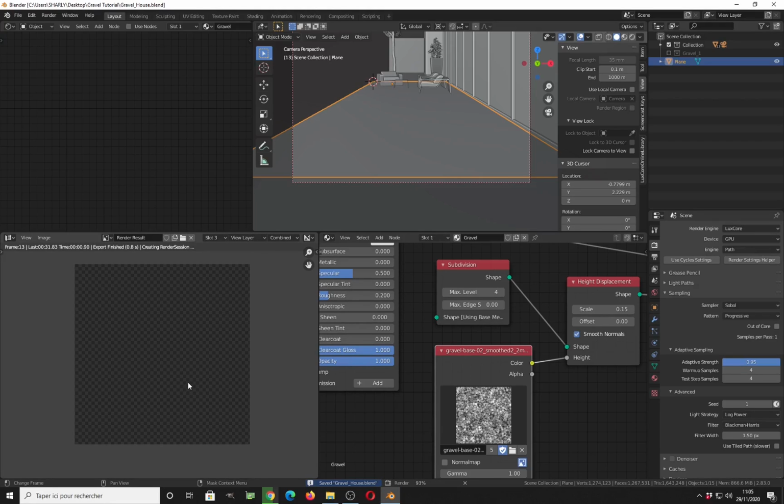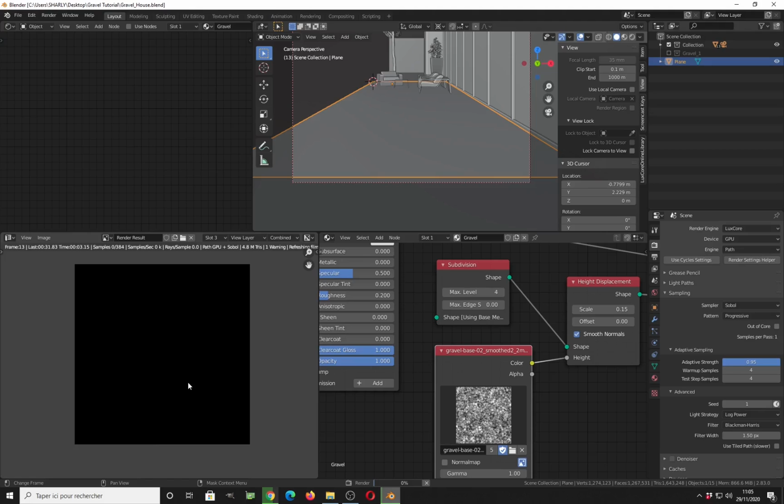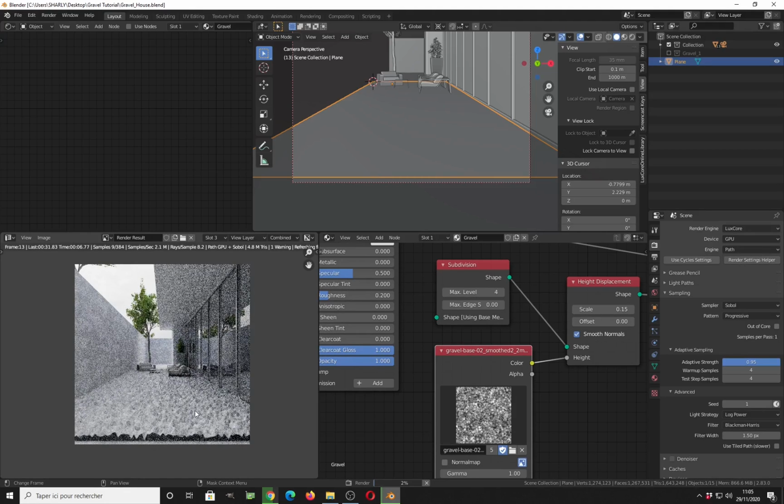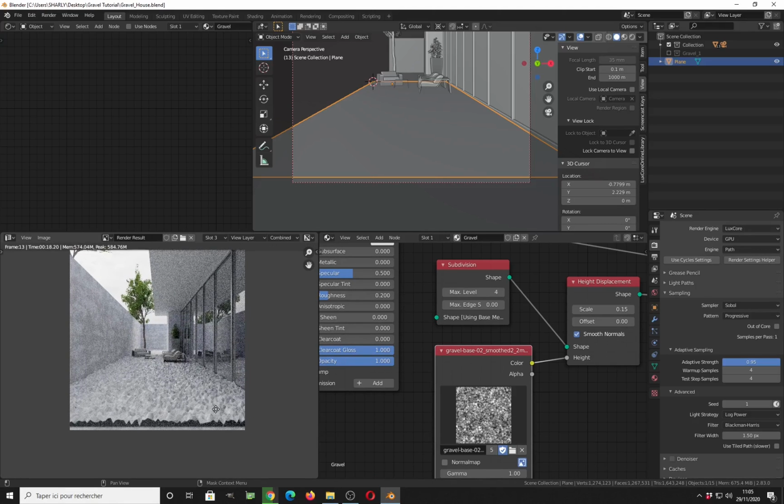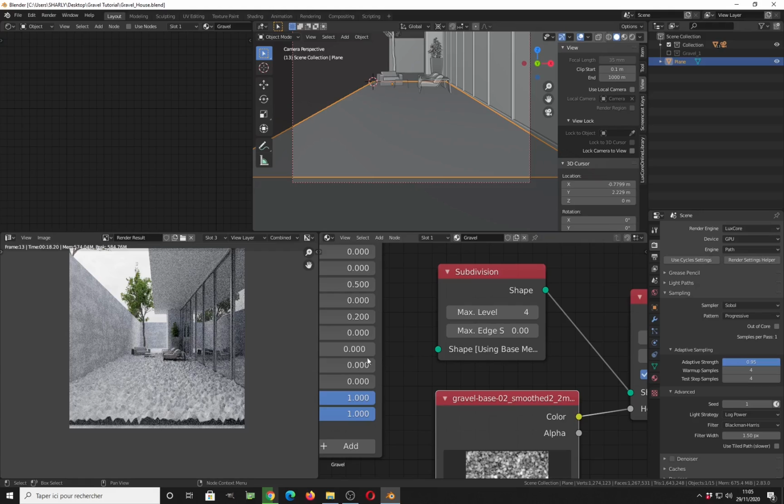Okay, the render is going to start, and you can see that the displacement is not only very strong, but we don't have enough detail on the surface. So what we're going to do is to apply